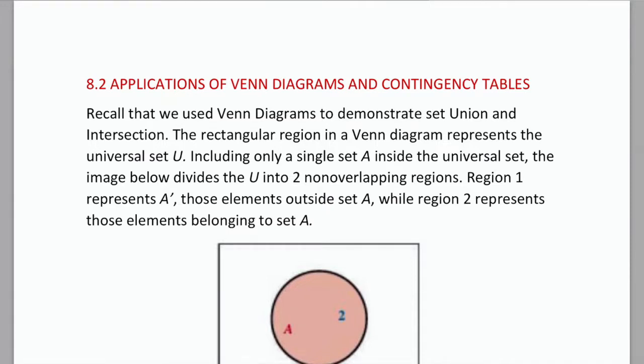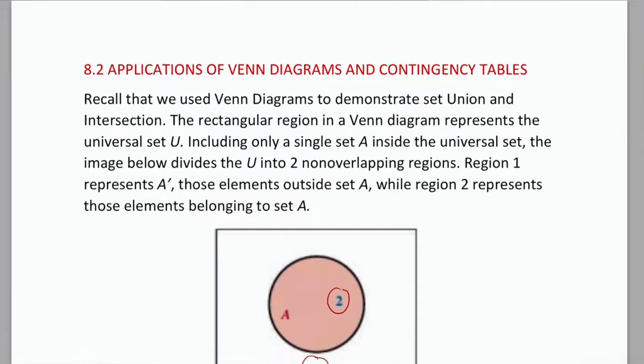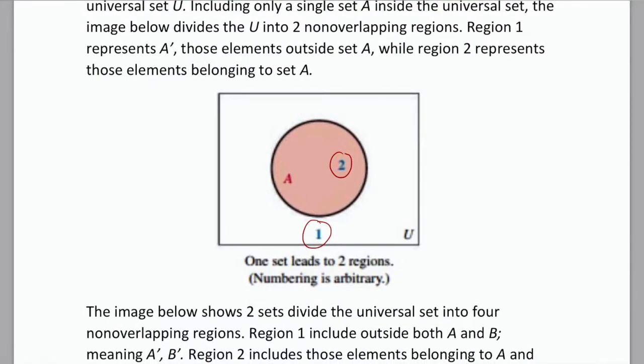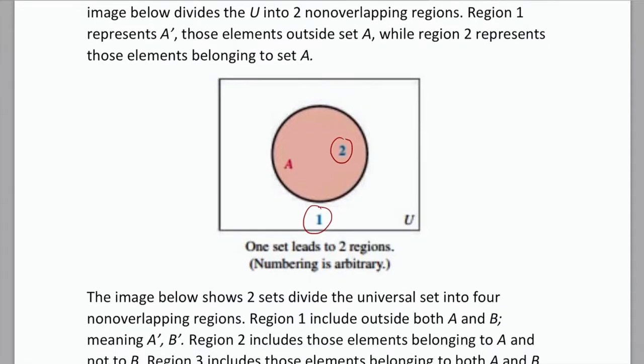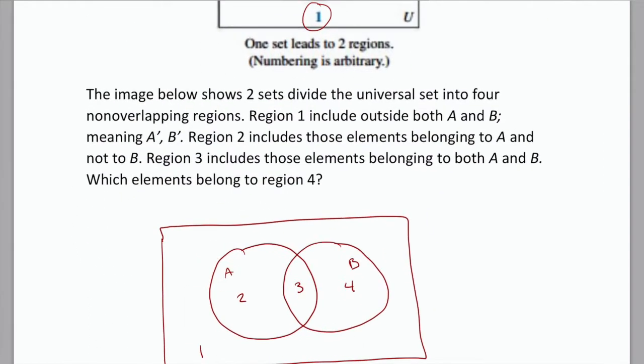Region 1 represents the complement of A, those elements outside of A, while region 2 represents those elements belonging to set A, which is right there. So one set leads to two regions. The numbering is arbitrary. Now the image below shows two sets, so we have A and B,